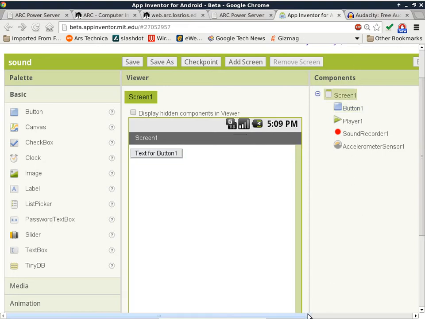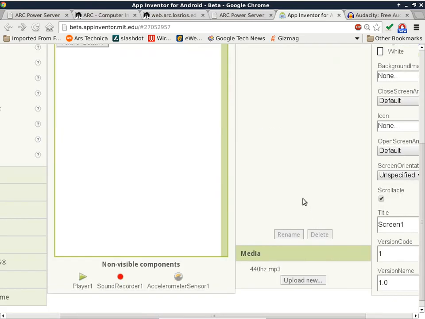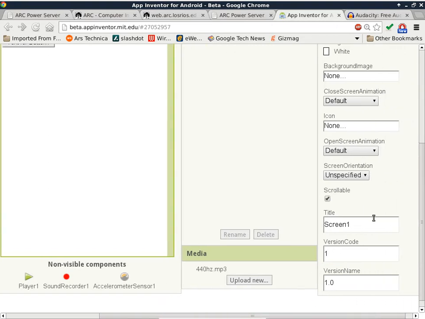When screen 1 is the component selected, you look down here, and the rename button is grayed out. So screen 1 as a name cannot be changed. On the other hand, the title of screen 1 can be changed. So you should change that to the name of your app. Okay? This way, your app doesn't look half finished because it just says screen 1 when the